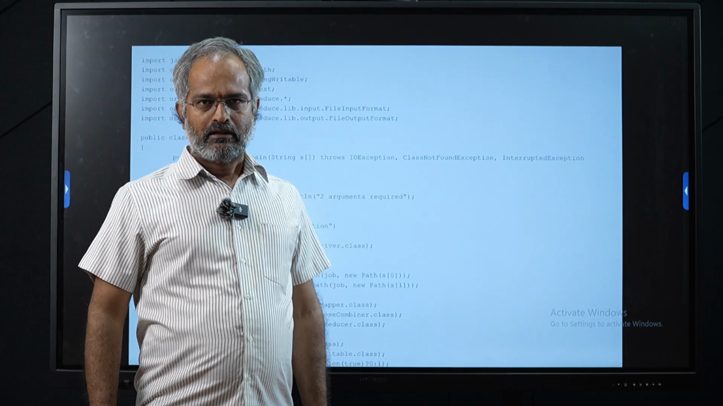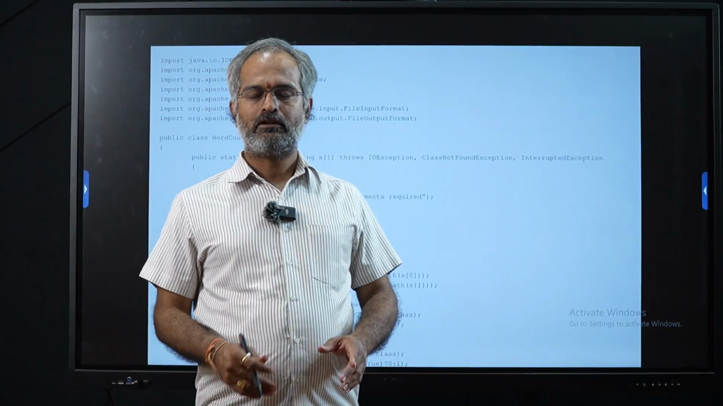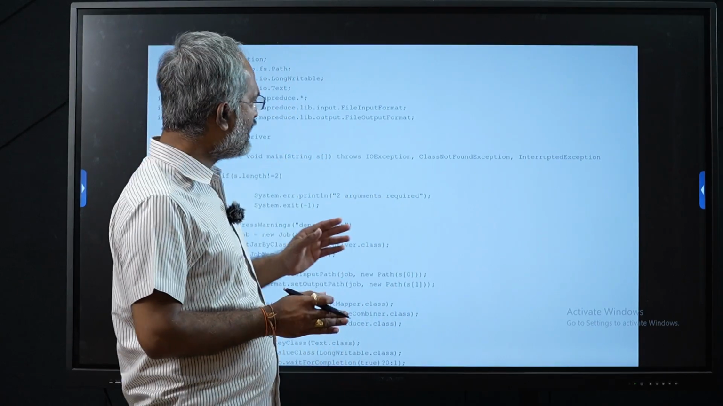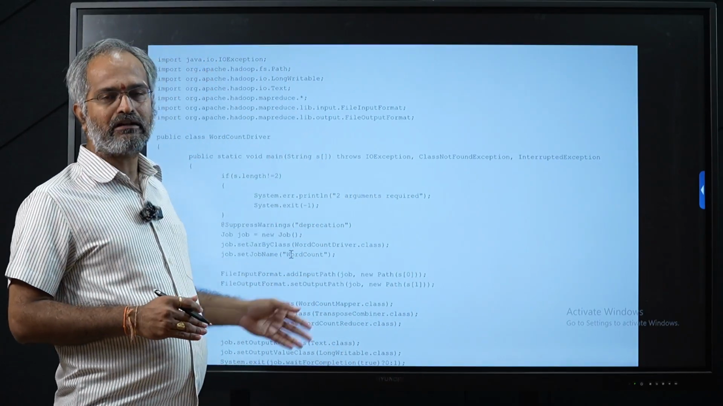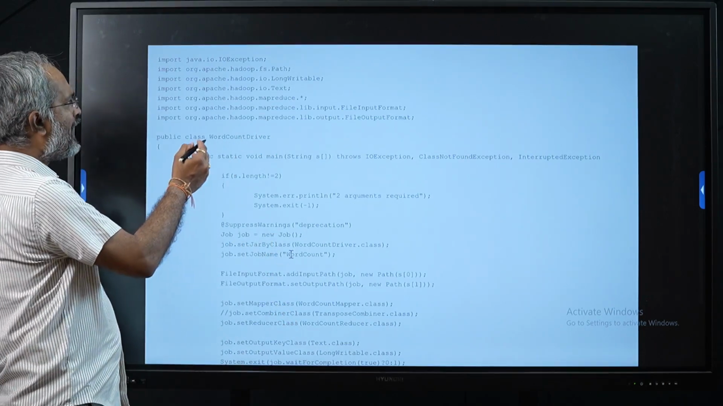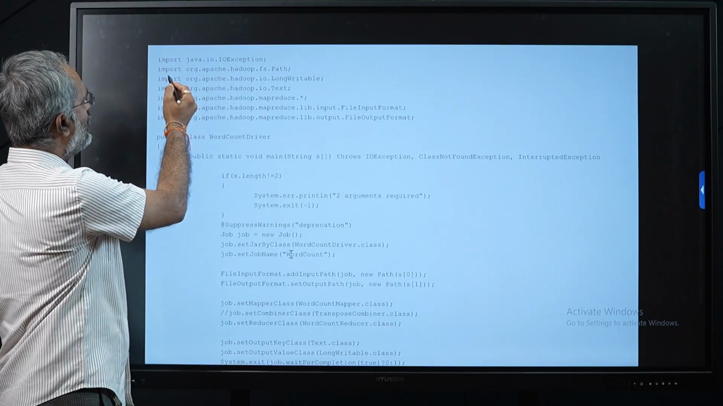Hello everyone. In the last session we developed the mapper and reducer classes. Now we have to go for the driver class, how to write the driver class. So for that we have to import the